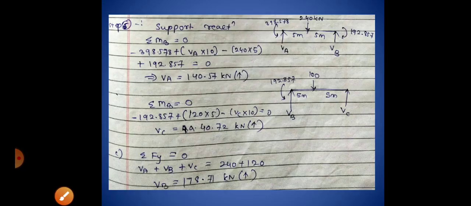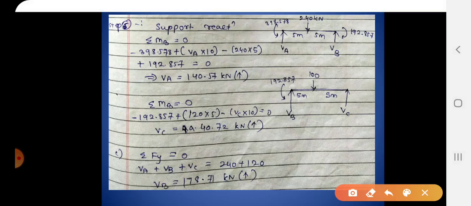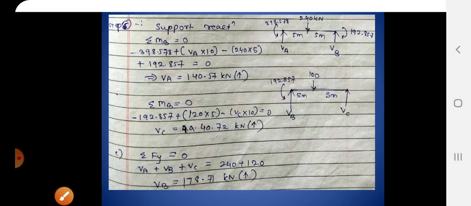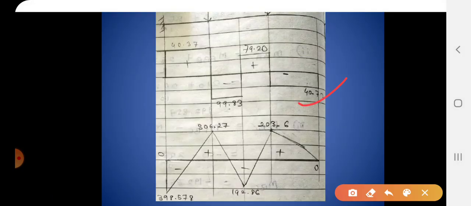Now for the support reactions, find them using equilibrium equations, and subsequently draw the SFD and BMD. So this was the fourth type of example, a continuous beam with sinking of support. We have covered in this lecture all the types with all support conditions, along with the degree of kinematic indeterminacy too. So now you can solve any type of example.